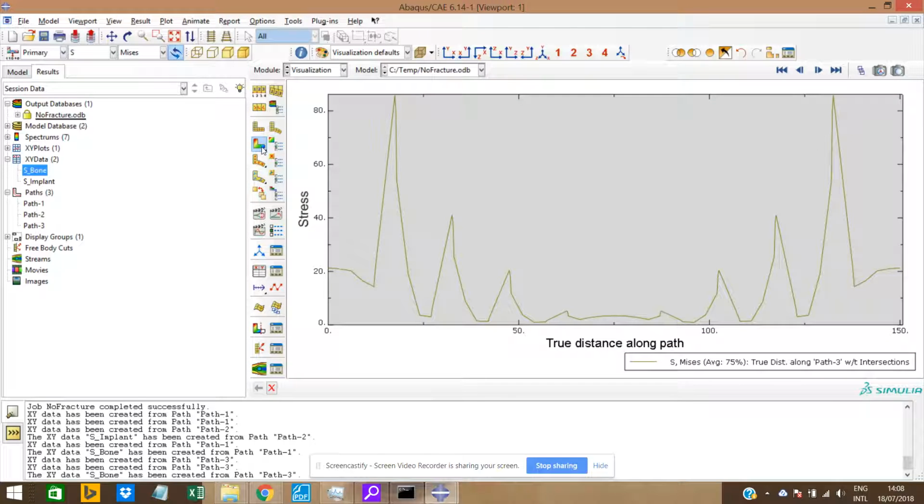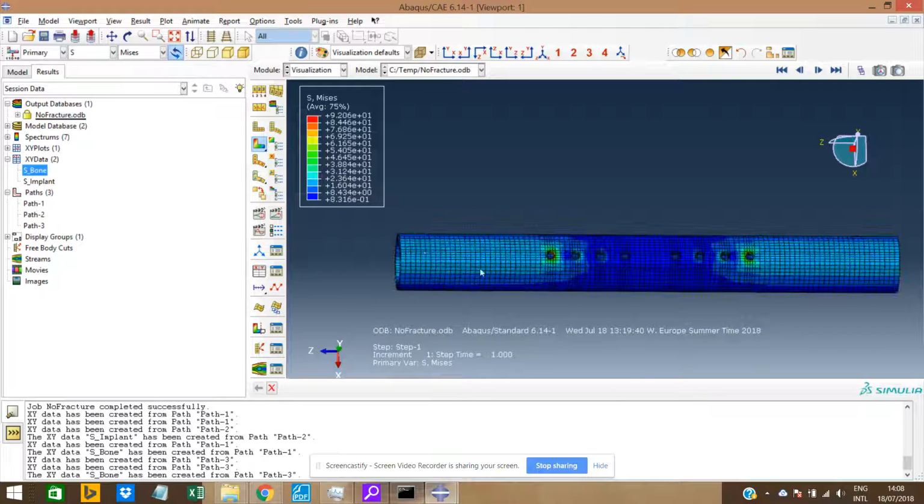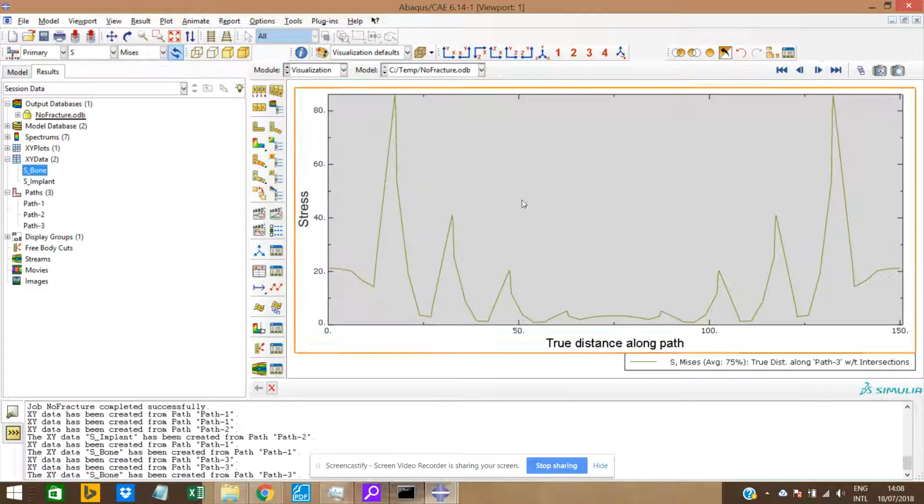I should also say again that the loading applied is pure bending at the edges, at the ends of the bone. You can see the previous video to see exactly how I did that. But anyway, this is the curve you get for the stress distribution. And you also see here a decrease in stress along the length of the bone. Many people refer to this as stress shielding because the bone effectively feels less stress due to the rigid plate